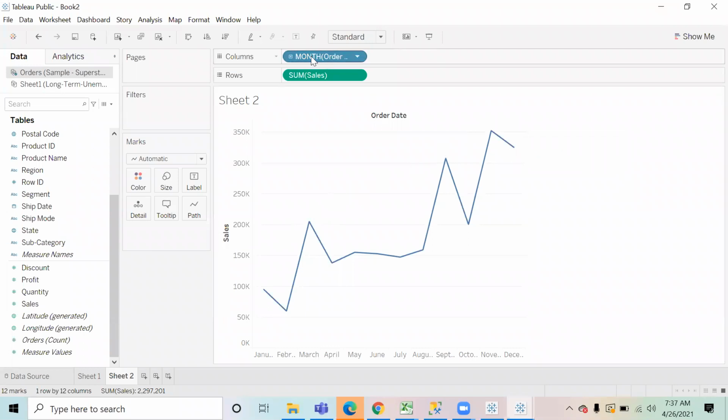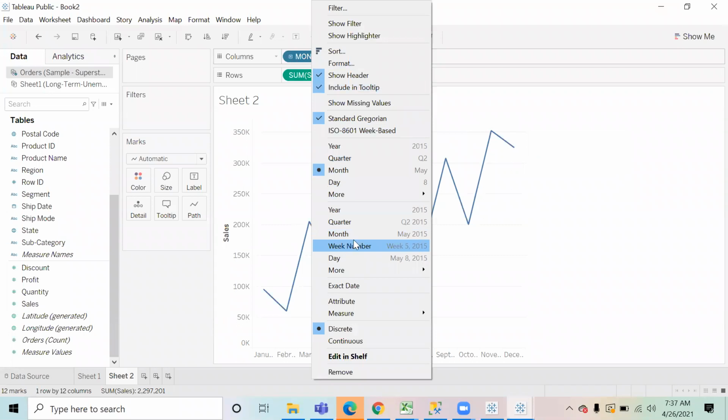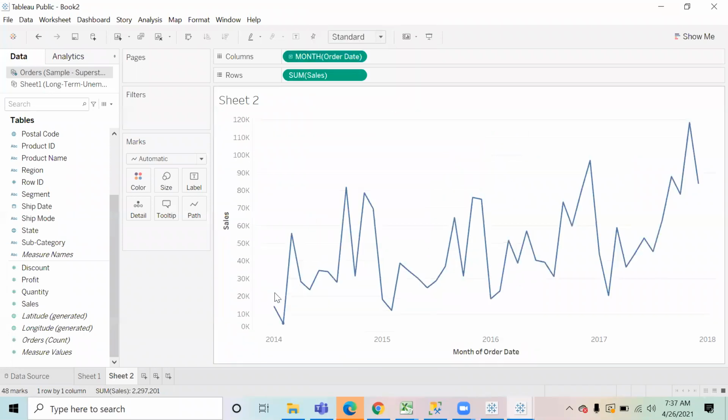Now, if I come over here and make the chart at a yearly level, you are going to notice the pattern is kind of similar over there also, right? In the year 2014, the sale was high in March, then the sale was high in November. And when again I come to the next year, again the sale is high in March, and then again the sale is high in November and drops in December. You see it? November and December. If I come to the next year, again the pattern is similar. So it helps me take a look at that pattern in one single holistic view. That is the use case of that particular thing.